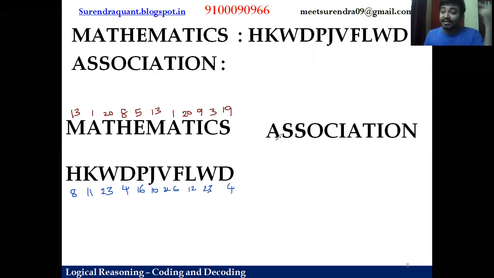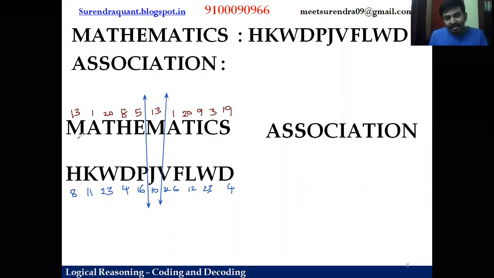Now, can you see in the previous word, Surendra has 8 letters, an even number of letters. So we split into 2 equal parts. Now it has an odd number of letters, right? In such cases, divide this into equal parts, leaving 1 in the middle. So 1, 2, 3, 4, 5. Here I can split the word like this. Here also 1, 2, 3, 4, 5. And let us make a split here. Now try to observe the shifting place.